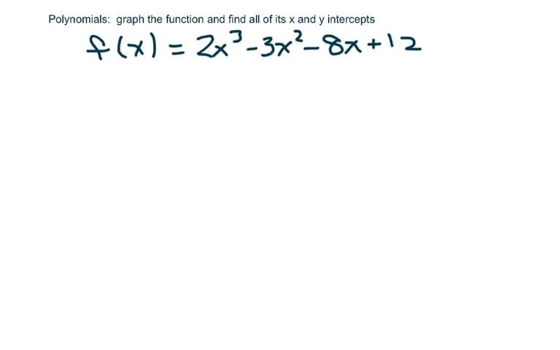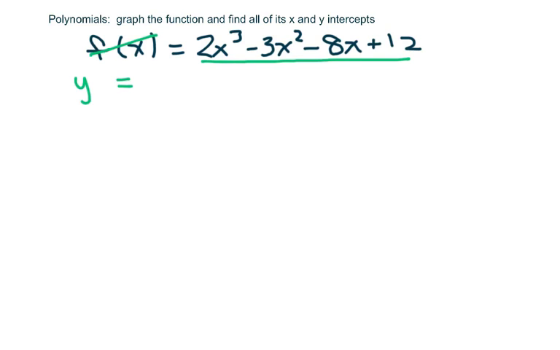Hi everyone, we're going to graph this polynomial function and find all of its x and y intercepts. So the first thing I'm going to do is factor this, and I want to see if I can factor by grouping, and I can. So I'm going to change this to y equals, and I'm going to pull out